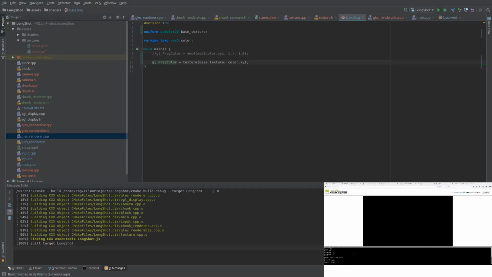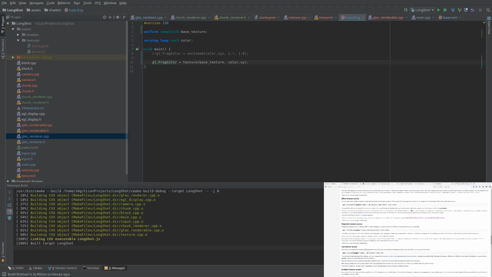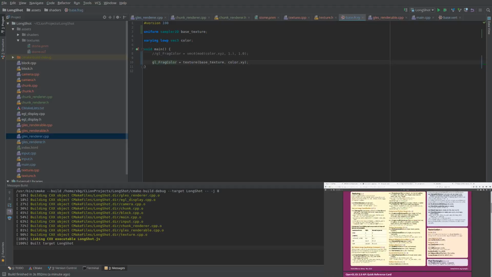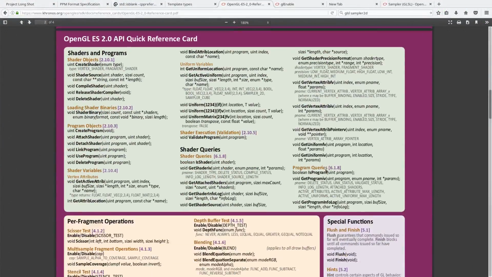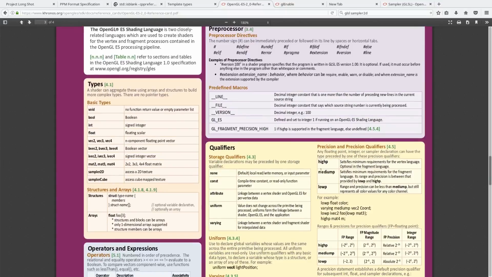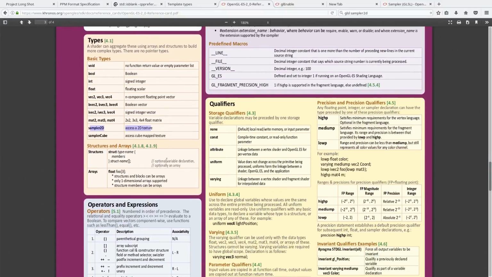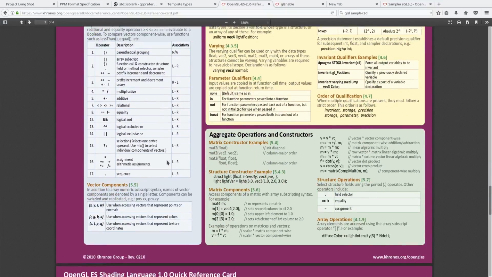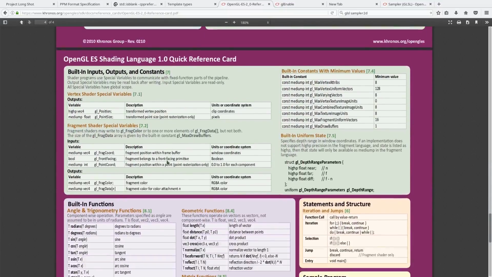So apparently I have no clue how to do this. There is also the GLSL quick reference card here at the bottom. So we have a basic type called a sampler 2D, which we have complete and utter control over. So hopefully somewhere